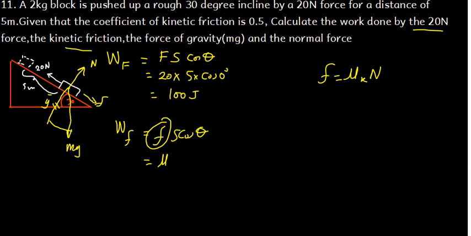So the y component of the mass should be equal to the normal force, and the y component of the mass is given by y is equal to mg cos theta, and this should be equal to the normal force because they are all in the y. Normal force is up, the y component is down, so they should be able to cancel out. So what we are saying is this is going to be equal to mu k mg cos theta. So this will be the friction,